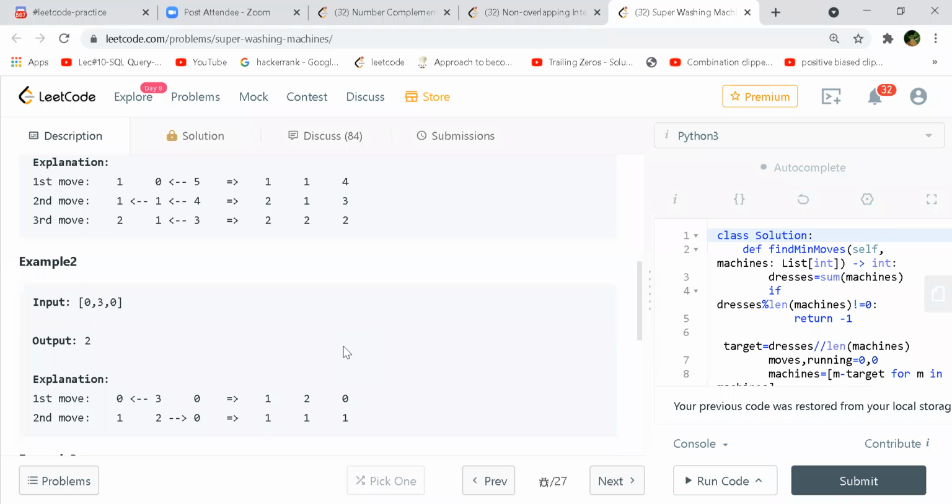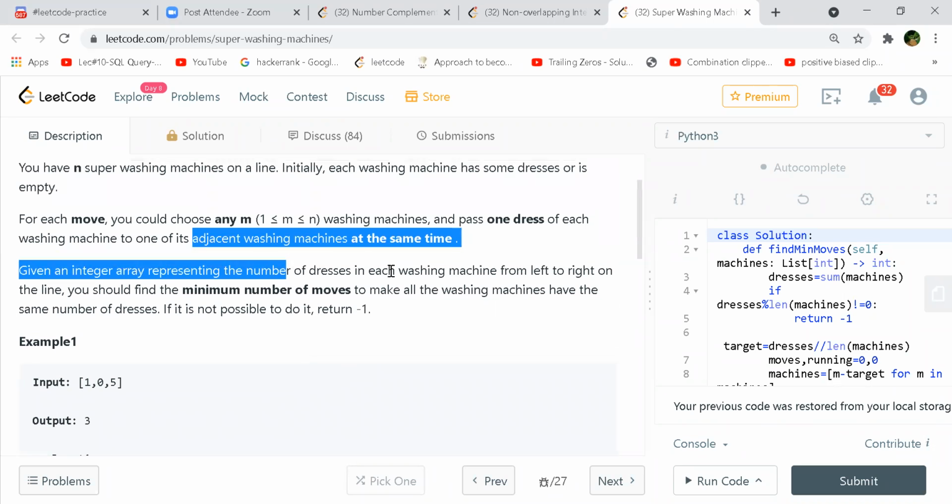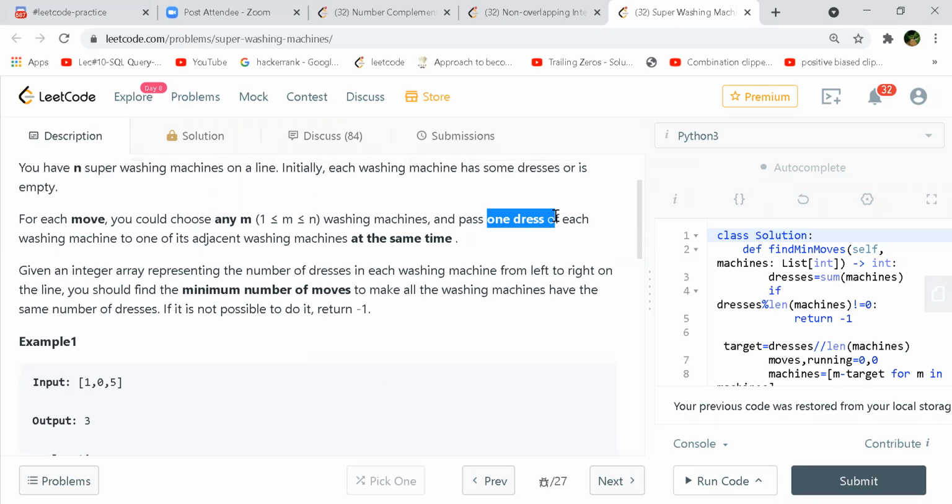And this is another example. So in this case, how is it? Yeah, 3. So why can't we actually move two ones in the first move itself, one to both sides? No, no, there is some constraint, because we have to move from each one to another one. Like you also have to move one from the zero one also, because we are left with no one, so we cannot move from there.